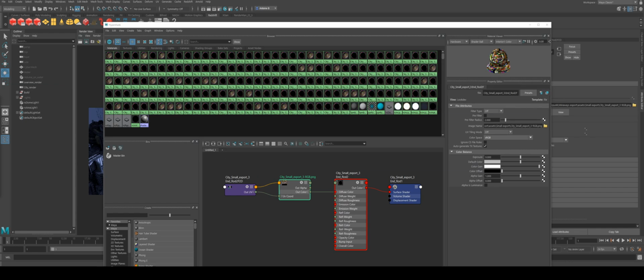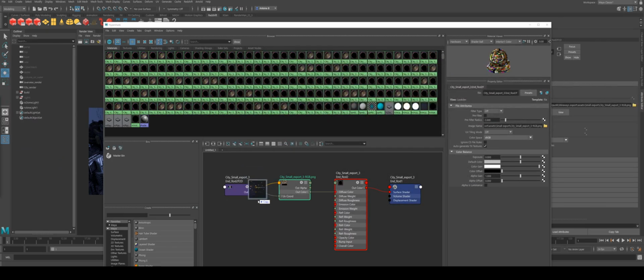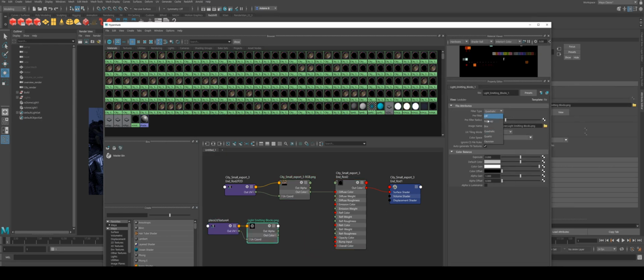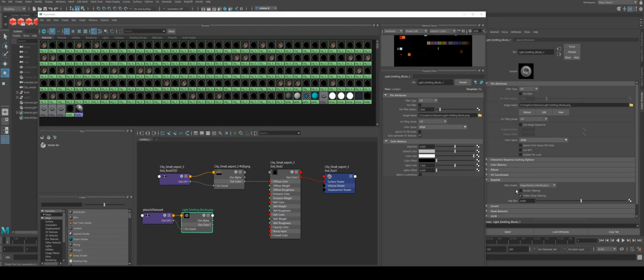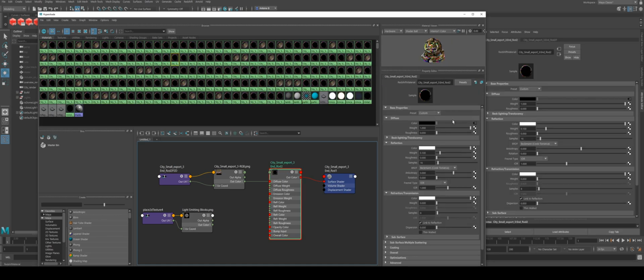So because I'm a smart boy, I did this already. And it looks like this. This is all the luminance blocks in Minecraft. So I'm going to use this. There we go. Turn filtering off. And now I put this into my